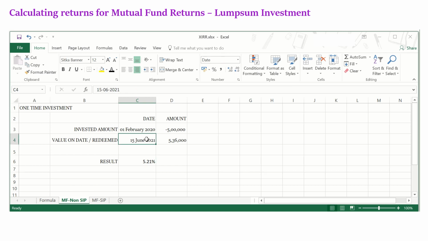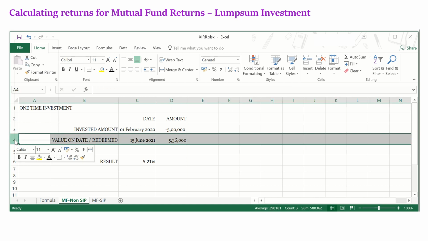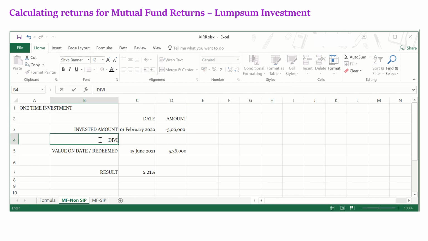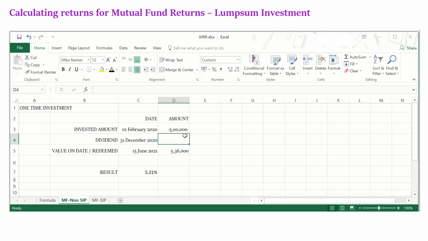Now the real beauty lies when there are more additional values in this transaction. Say in between you had received a dividend of say 6,000 rupees. So when I append it, dividend, maybe somewhere on 31st December you got it, 6,000 rupees.